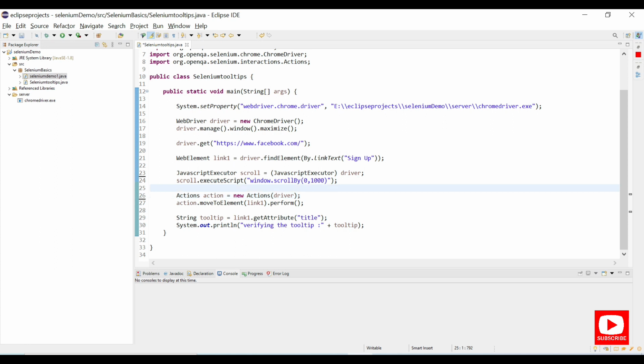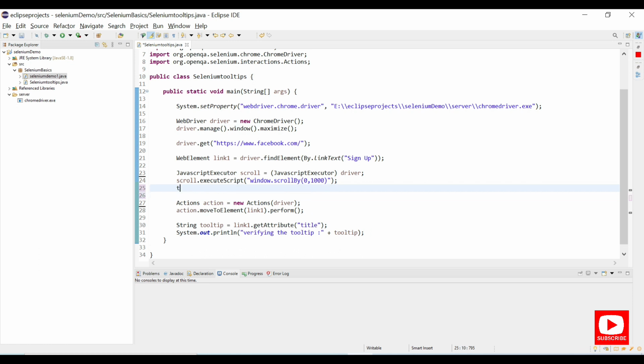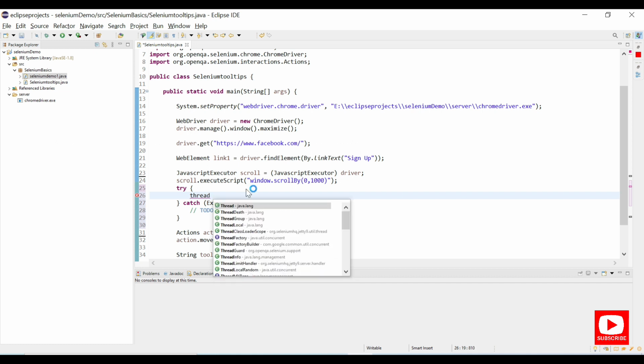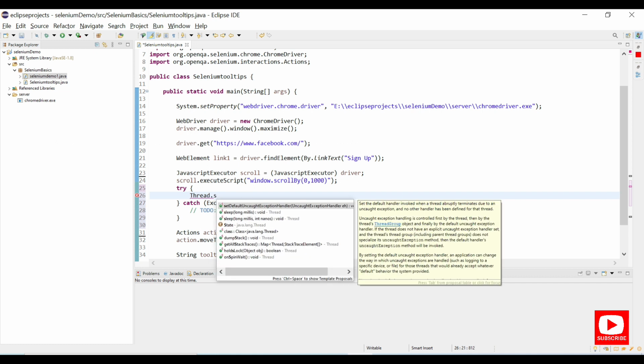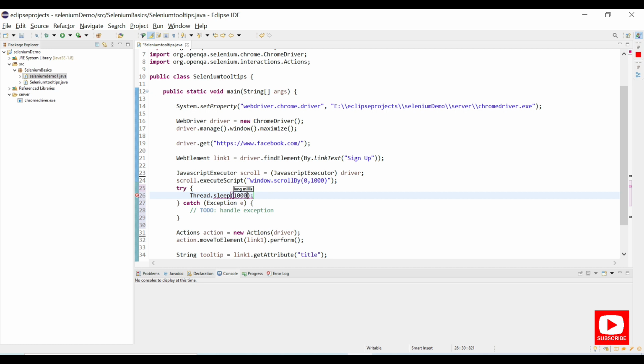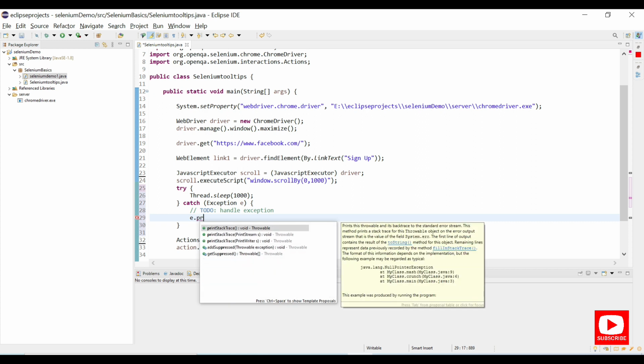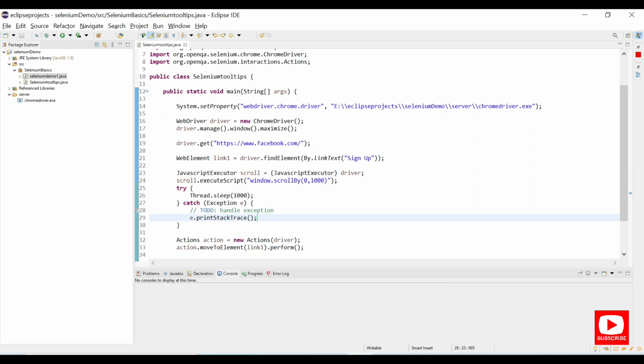Let's provide a wait here. Let's provide a wait after executing the JavaScript executor, and rerun the program. Maybe this is because of synchronization, the wait time. So we'll provide Thread.sleep for 1 second. Then under that, we'll print the stack trace if there is any exception. So we'll run the program again.